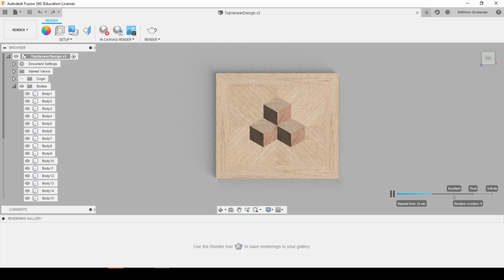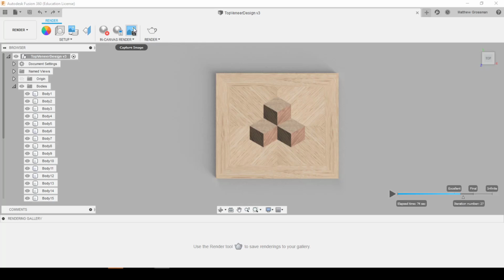Now we can go from excellent, we can go to final. The only thing that's going to change is the number of iterations that we get from it, and it's just going to take a little bit more time. For the sake of this video, we'll probably just leave it at excellent, and I'll show you how to save it. You'll notice that it pauses when you hit excellent. I could hit play again, and it's going to keep running simulations. Or I could click and drag where I want that stopping point to be. But honestly, I can pause it at any point, and I'm happy with this